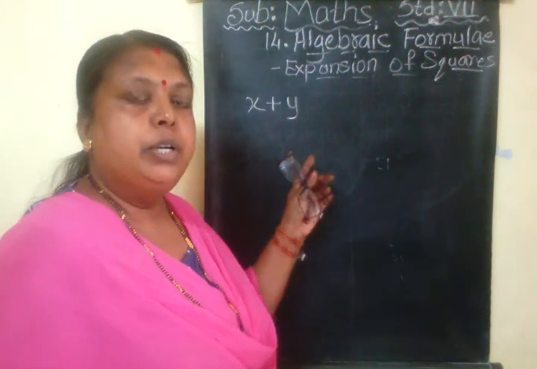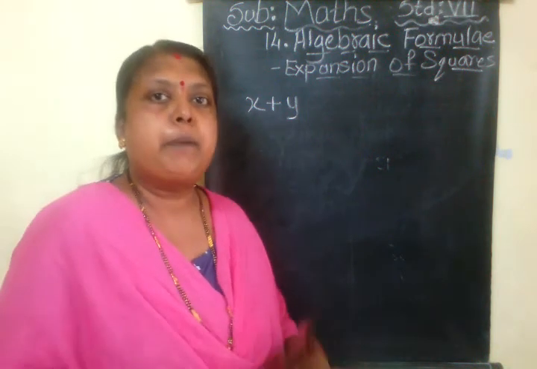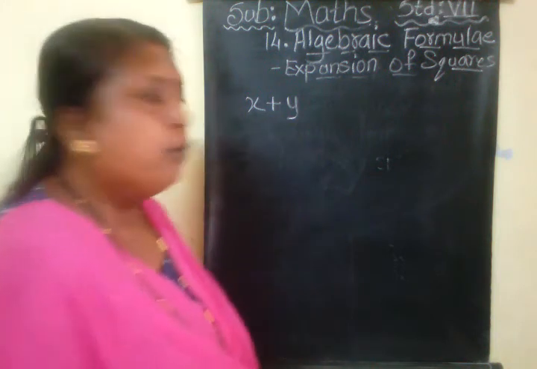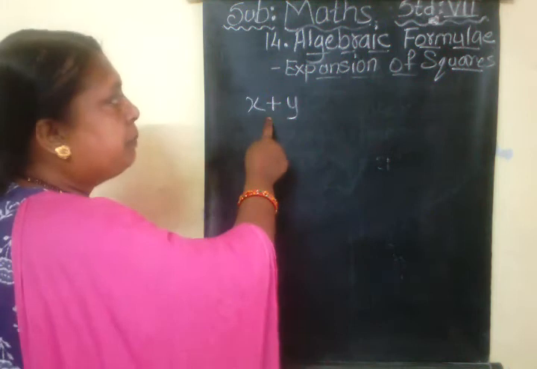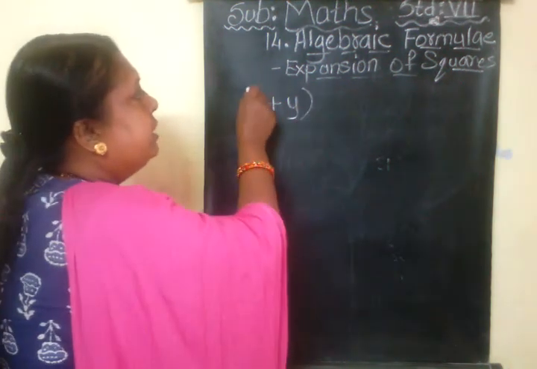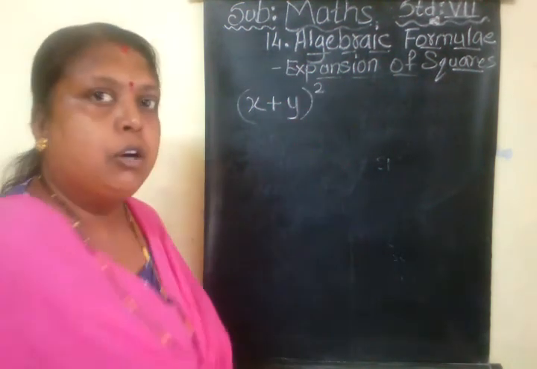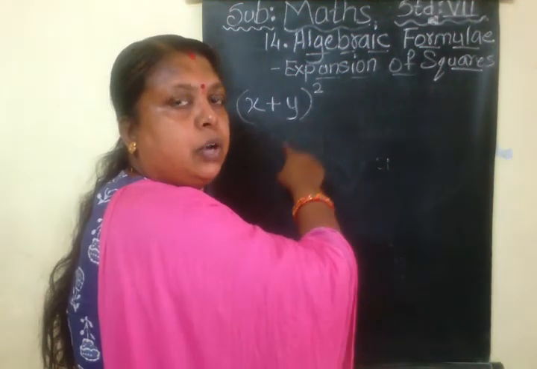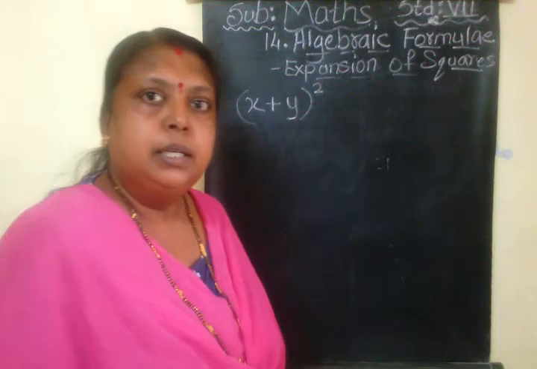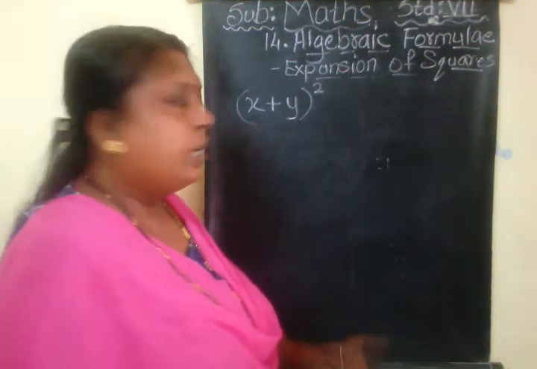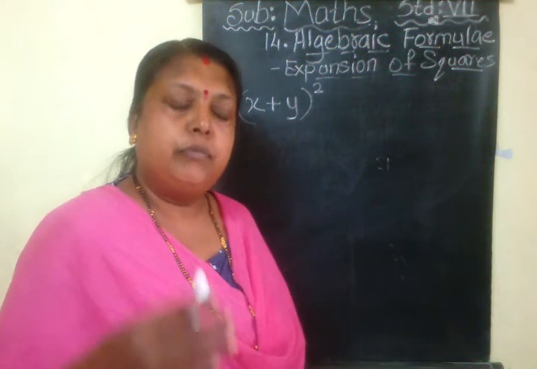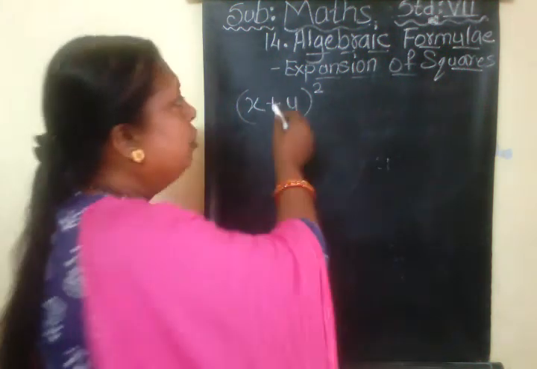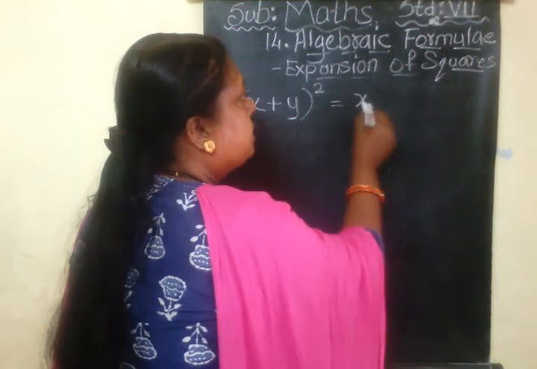In this lesson, we are going to study how to expand its square, meaning how to find its square. Now suppose my expression is x plus y and I have to find its square. You know children what the meaning of square is. If we write 2 in the index, it indicates you have to get the square of the required number, whatever it is. So till now we have learned how to find the square of numbers by multiplying by itself. The meaning of this is x plus y